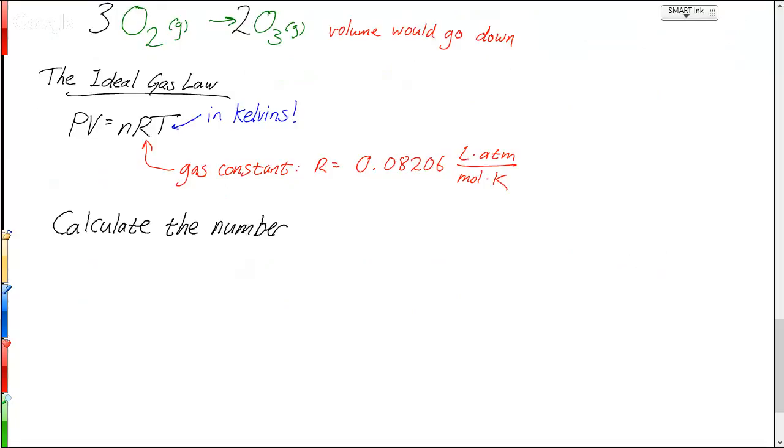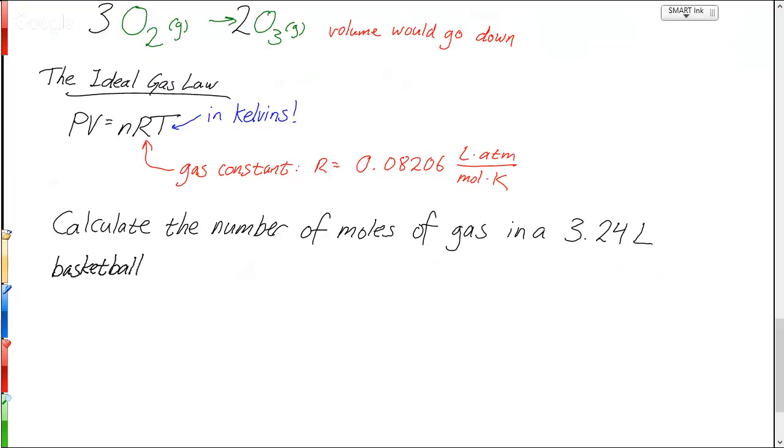Calculate the number of moles of gas in a 3.24 liter basketball inflated to a total pressure